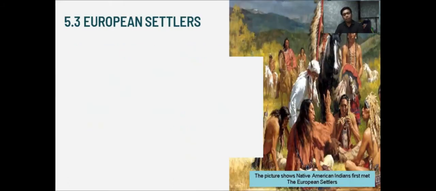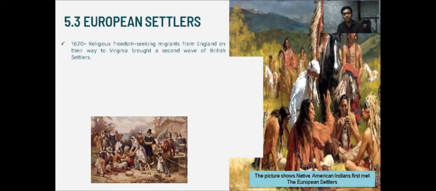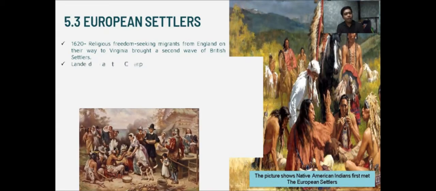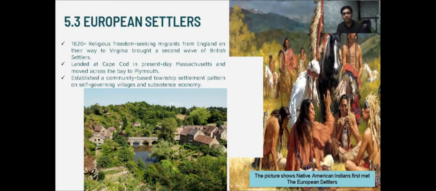Then in the 1620s, religious freedom-seeking migrants from England, on the way to Virginia, brought a second wave of British settlers. They landed at Cape Cod, Massachusetts today, and moved across to the Bay of Plymouth. They established a community-based urban settlement pattern of self-governing villages and